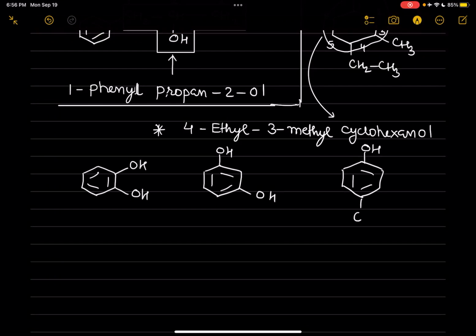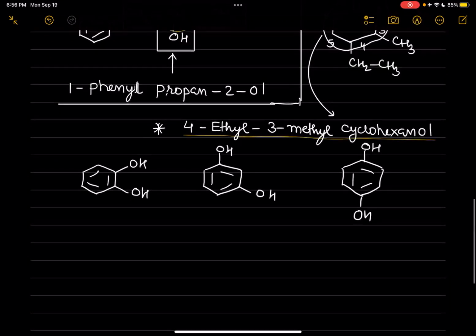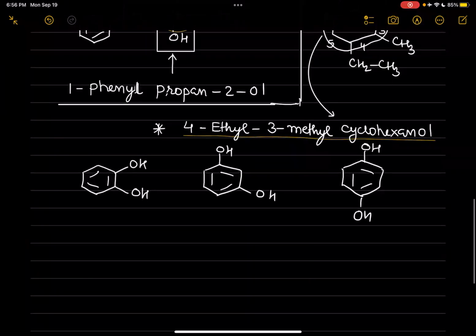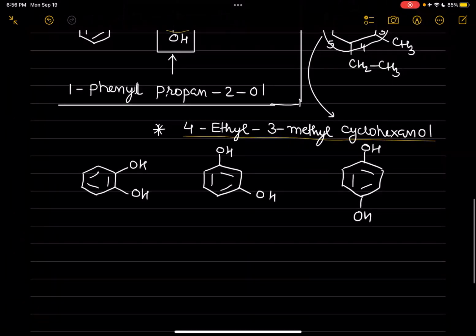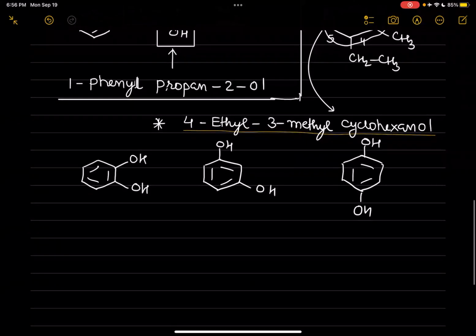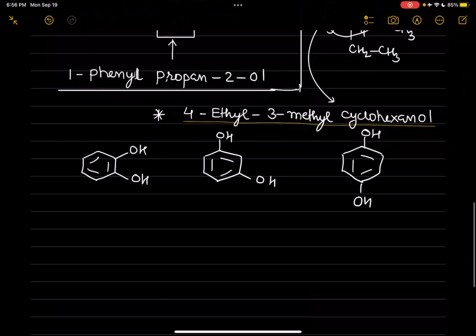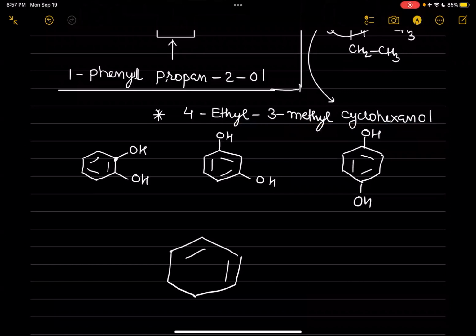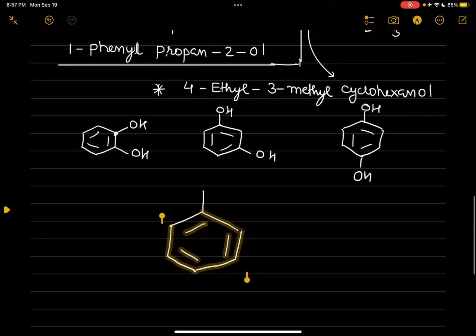The common names are also important. One is ortho, second is meta, and third is para. Suppose this is the benzene ring. This is only on benzene, not on cyclohexane. Okay, guys, so on benzene, if you have a group, ortho positions are the positions